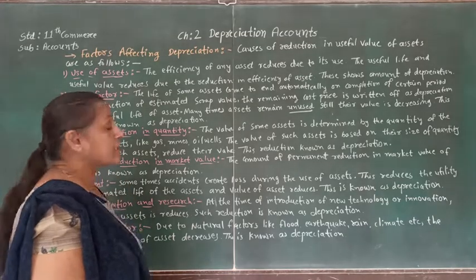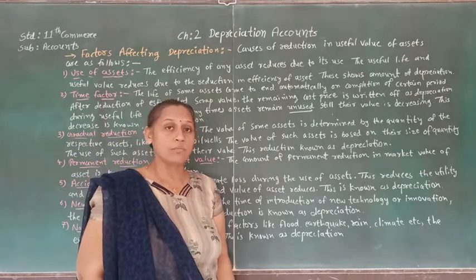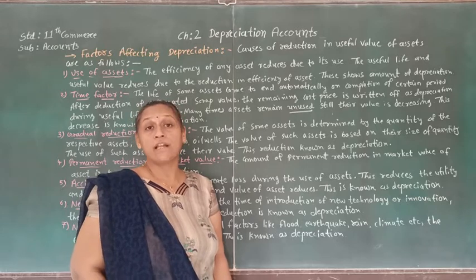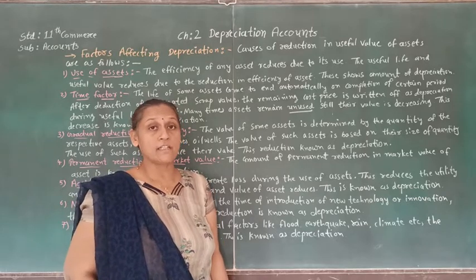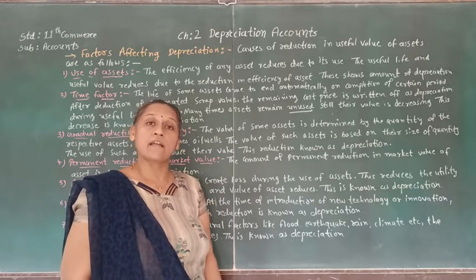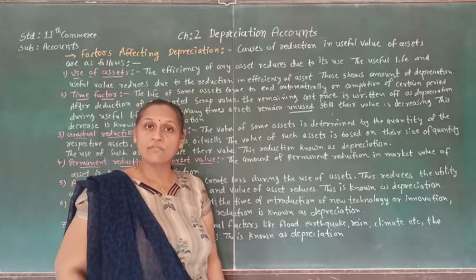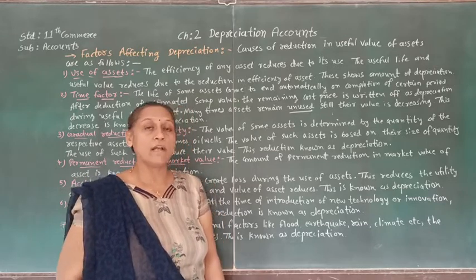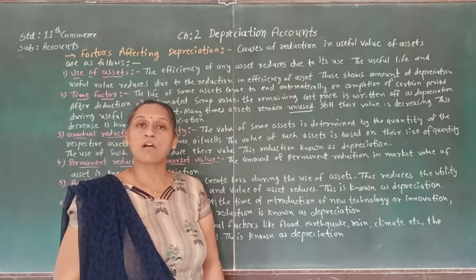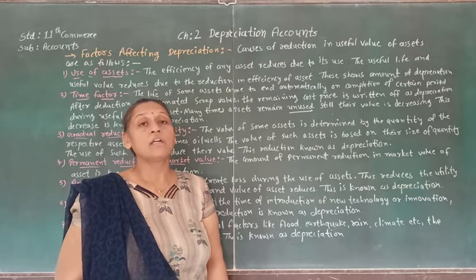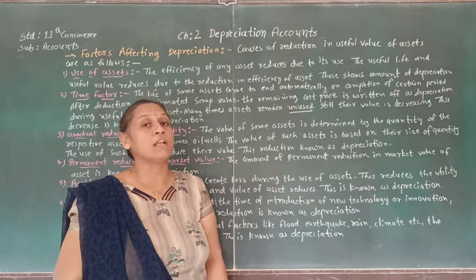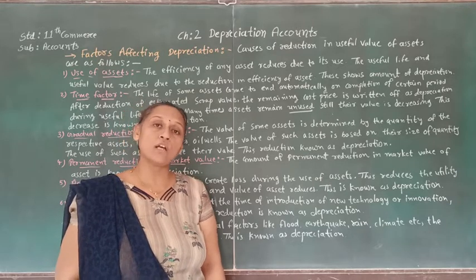So here, the time factor reduces the value of the asset, and even if we are not using that asset, then also at the end of the lifespan of the asset, we have to find out the estimated scrap value, and from the value of the asset we have to deduct the scrap value, and that value has to be divided by the useful years of life, and this is how we find out the depreciation. So if the asset is unused, we still have to depreciate it if the value of the asset is decreasing due to the time factor.